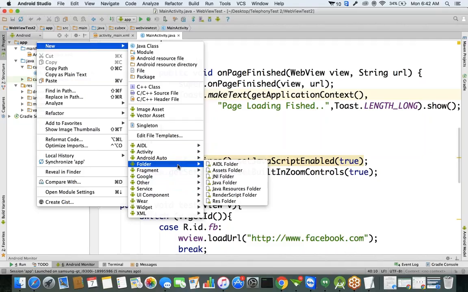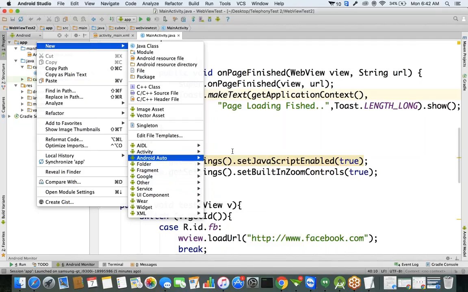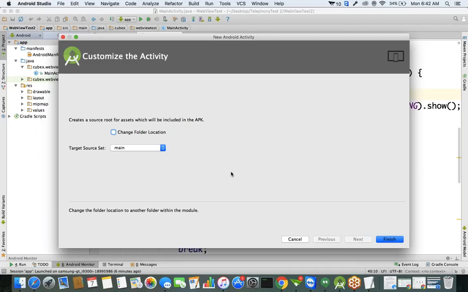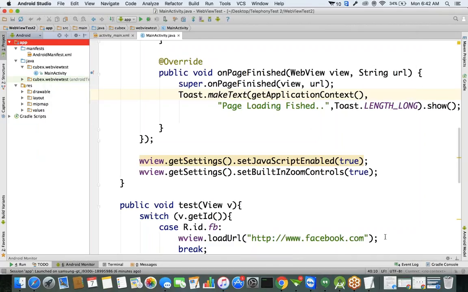Right click on this app. You can find the option called new. In new, select the option called folder. In folder, select this assets folder. So by default in our project, we got a folder called assets. Assets is the folder we got. Now in this assets folder,